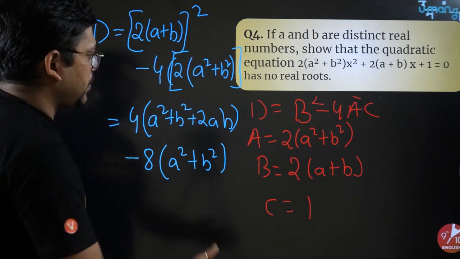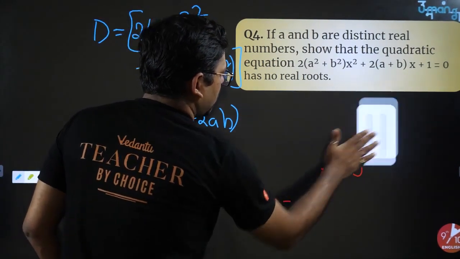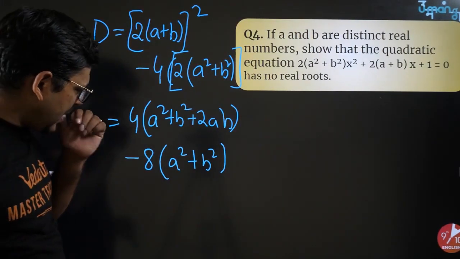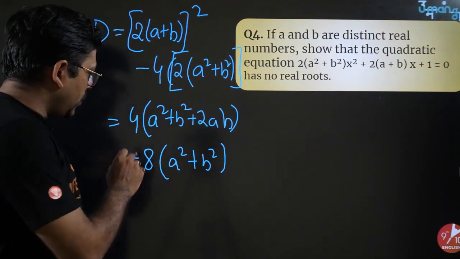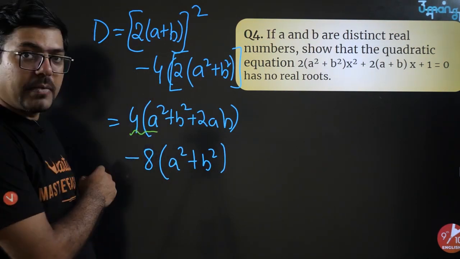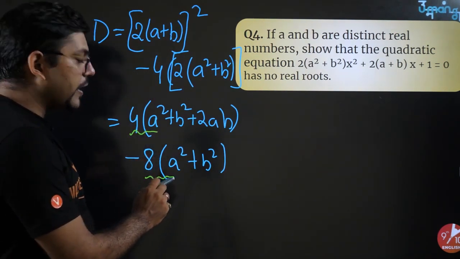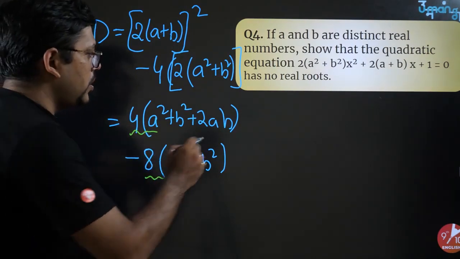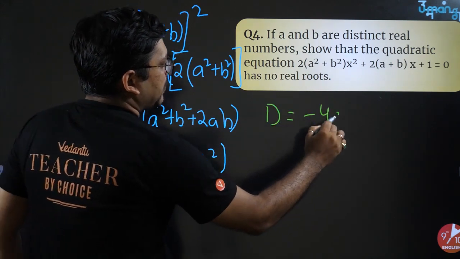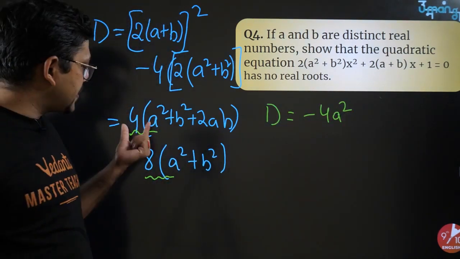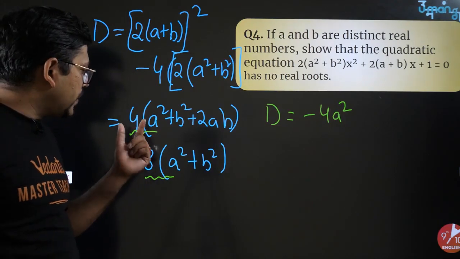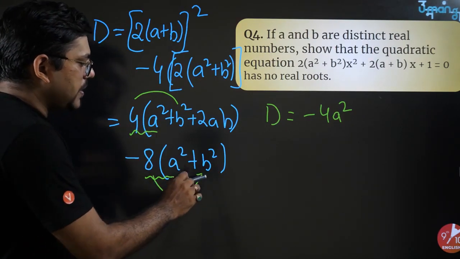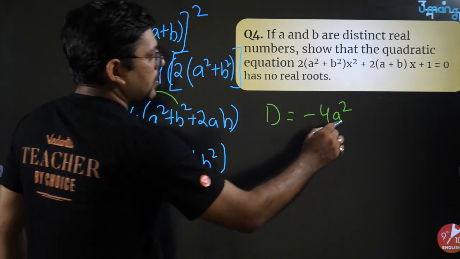Yeah, cool. Okay, let me just rub it so that you guys can understand. I can write it here. Now if I solve it, please pay attention. First of all, I'm just doing it directly. 4a square, because this 4 will get multiplied here, 4a square, and here you will get minus 8a square. Are you understanding it? 4a square minus 8a square. So I'm writing discriminant, the first term you will get is minus 4a square. Cool? Then you will get 4b square, and here you will get minus 8b square. So again you will get minus 4b square.